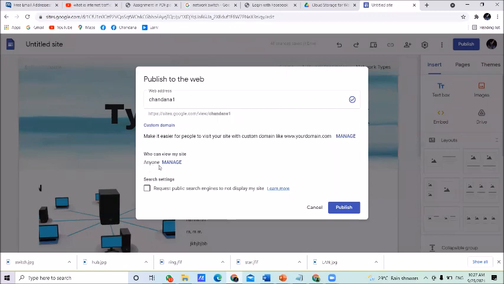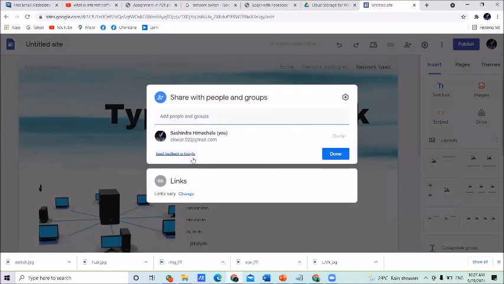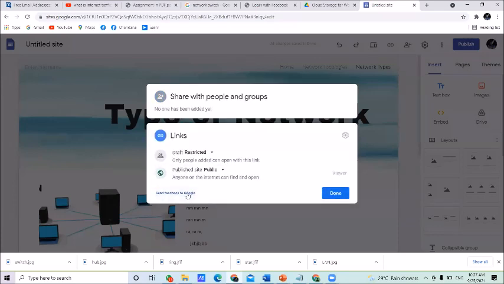Click here, anyone manage. Under links, click on change. Here you want to change the publish site setting. It should be public. That is already public here, so no need to change it.